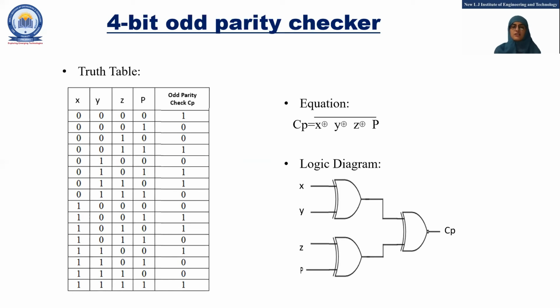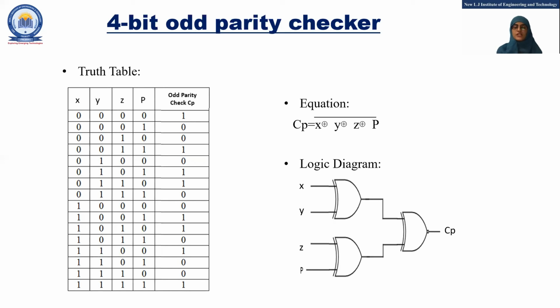Next is the 4-bit odd parity checker. Here the parity checker will check whether the total number of ones is odd or not. If it is odd, which means there is no error, so for no error we indicate it as 0. And if there is an even number of ones, which means there is some error, which is indicated by 1. So for X, Y, Z, and P, which was our original message sent by the transmitter, the receiver will check whether the message contains any error or not as an odd parity.